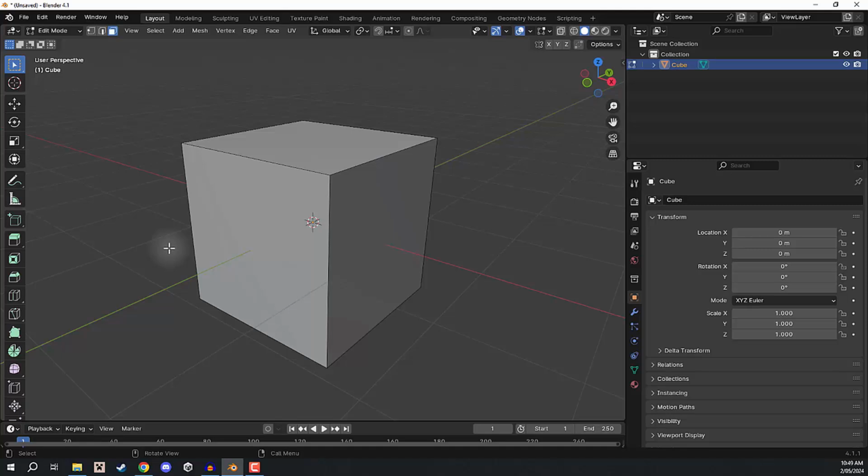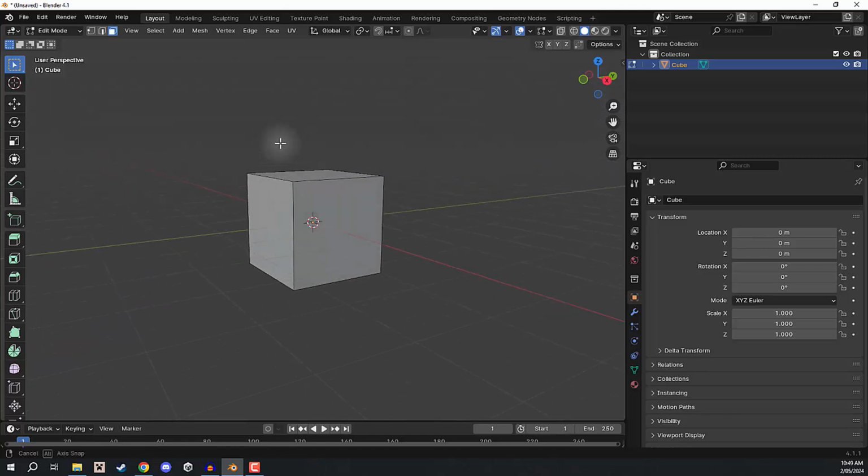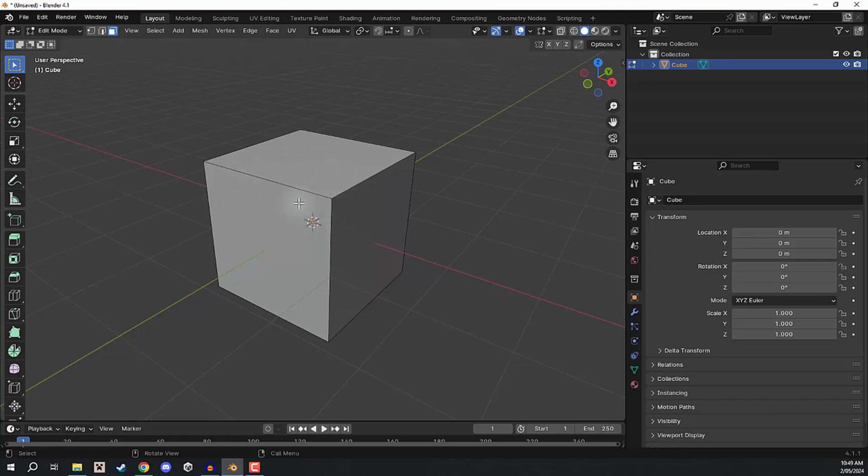You might want to make a sword for a video game. You might want to make a bottle for maybe a potion pickup. There are a large number, an unlimited number of things that you can create from just a simple cube, really. So we're going to be looking at those tools a bit later on. But yeah, for right now, this here is edit mode, which allows us to edit the individual aspects of a